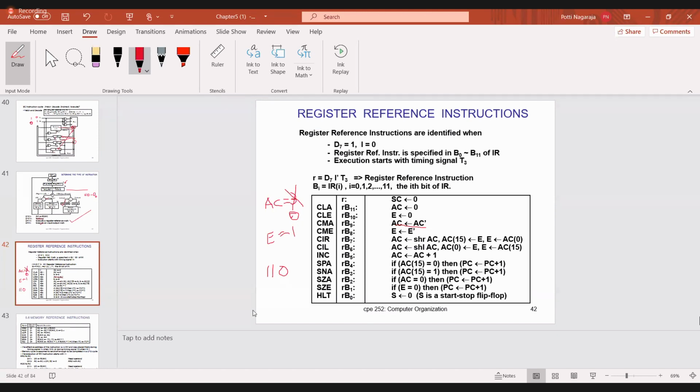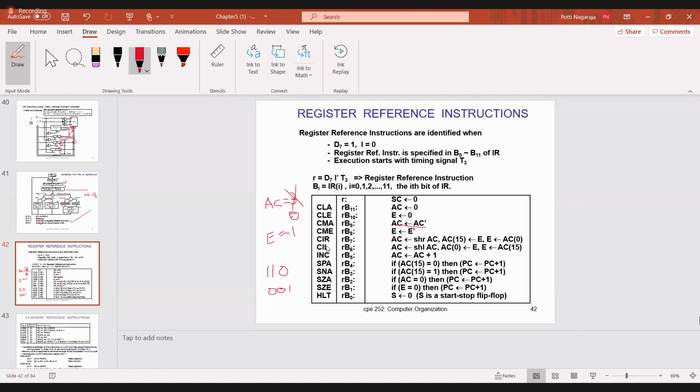Then what is the result in the accumulator? So 110, now complement accumulator. What is the answer now? It is 001, because 1 is inverted to 0 and 0 is inverted to 1. So this is complement accumulator. Similarly, next one is CME, which is complement E.